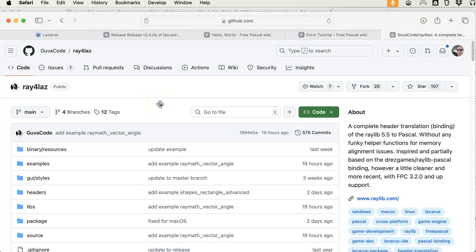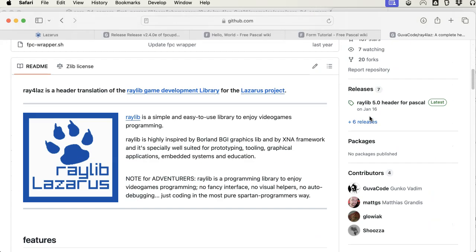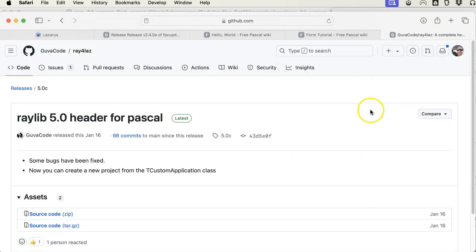This is how to install Ray4Laz into Lazarus. And I'm going to show you the hard way and the medium way and the easy way, if I can. The hard way is actually really easy. In the Ray4Laz GitHub,